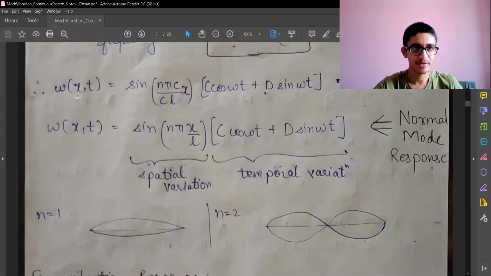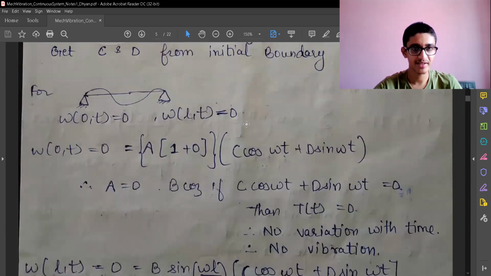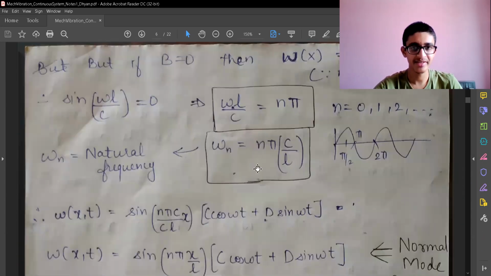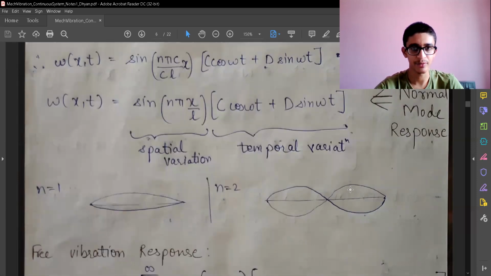So we have got the response, we have got the displacement in terms of x comma t, and that's all we have. So we have used the spatial or the boundary conditions already, but we have not used initial conditions. So we are still left with c and d as the constants in our term, all other constants have been eliminated. So the normal mode response is this. You must remember this as the final equation, which is useful.